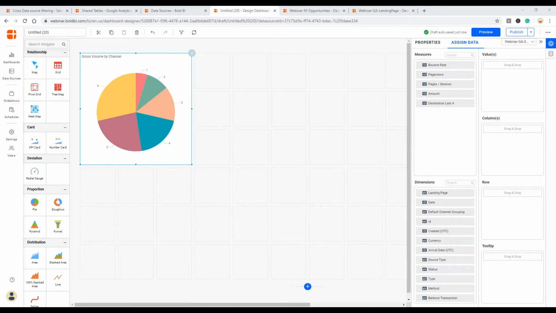To assign the data, I'll drag and drop the amount and the channel.